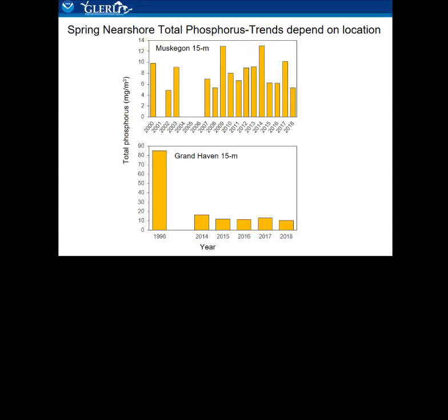So what's going on in the near shore? The near shore is a little bit harder to get a handle on. Part of the reason is just things change so much in the near shore. And just to give an example of that, we have two of the NOAA near shore sites that